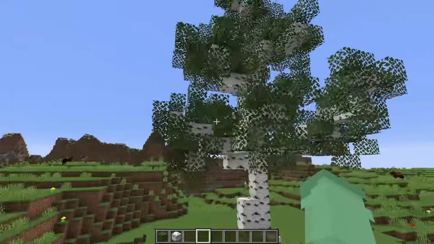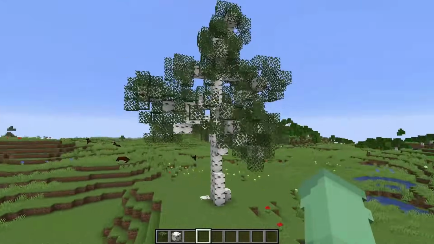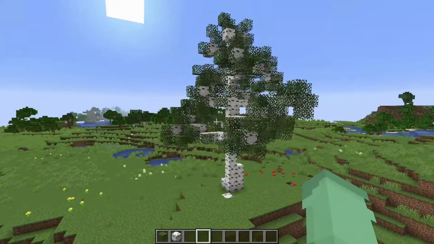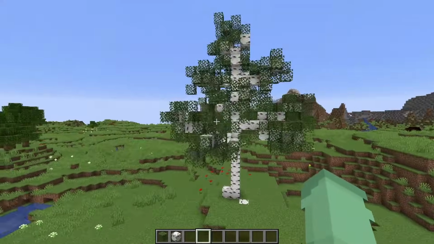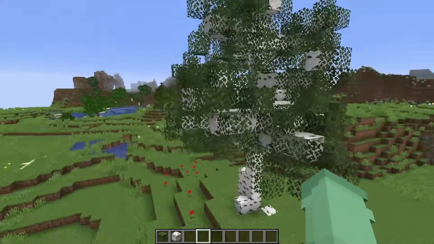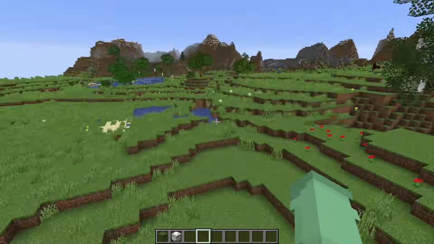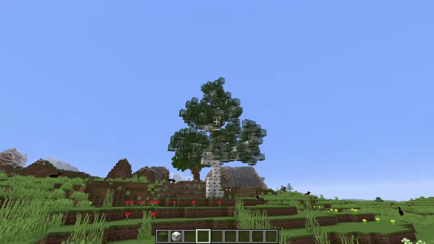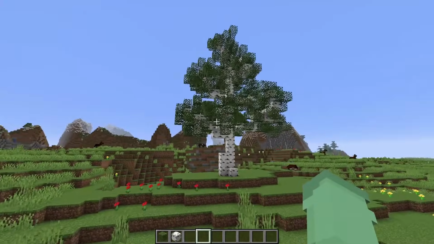Alright, I think I'm feeling very good about these leaves on this tree. You'll notice they are a little bit more sparse than the other one, but I think it allows the nice, beautiful contrasting color of the trunk to shine through so well. I would love to see an entire birch forest made out of different variations of this tree.